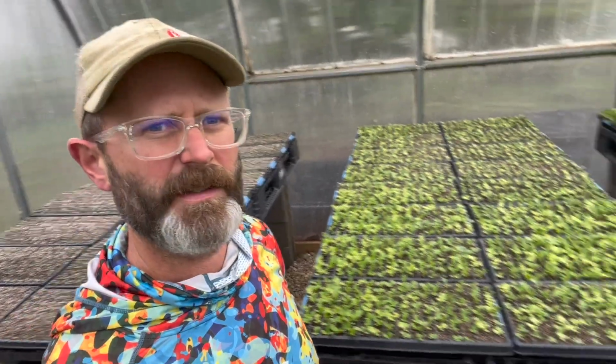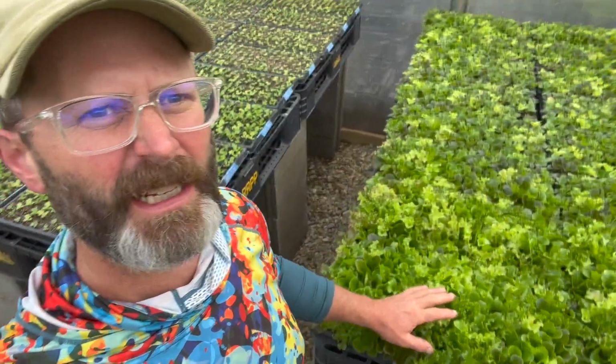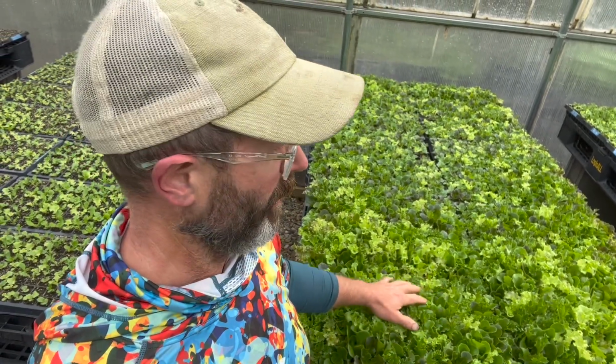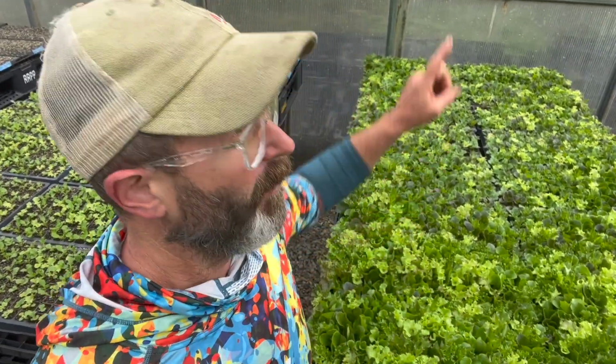We've got a project here, this shade cloth. I've been wanting to get this in on the north side. You can see this lettuce here. This lettuce grows a lot better when it's got some shade, and right now there's a ridge cap on the roof that shades this part of the lettuce. So the stuff on the south side of this bench always grows more vigorously. So I want to get that shade